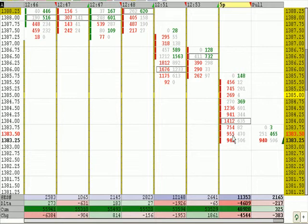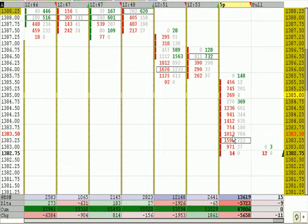And that strategy now is a little bit different than what we typically do. We like to look at the mean for a rotation back down toward the mean. All right, there's the fill at 83. So we got filled at 83 1/4. We typically like to put our mean as a target, as an asymmetrical target from the highs to the lows. But this time, since we didn't get filled last time doing that, we just set a hard target at 5 points below our initial entry, which means compared to the last few days, instead of taking 7 or 8 points